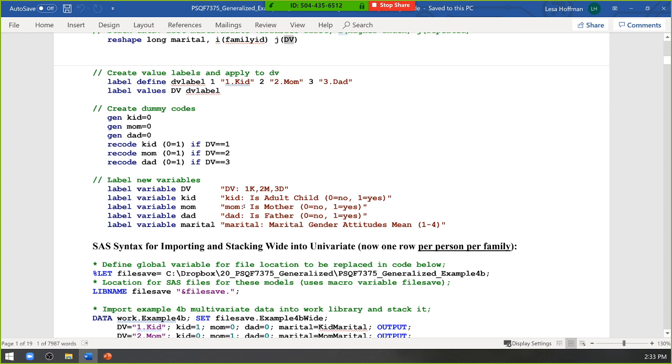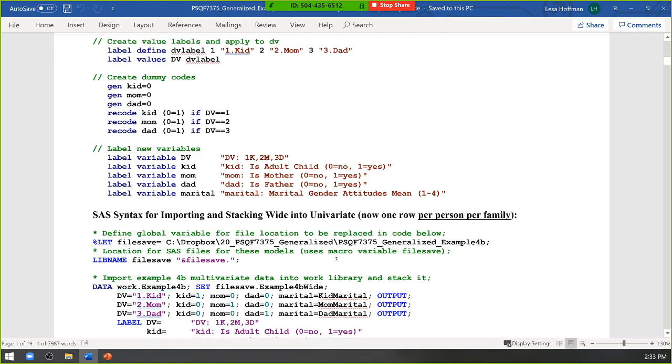So any questions on the Stata setup for this? Stacking, making variables? No questions from the Stata folks? Okay. SAS folks,